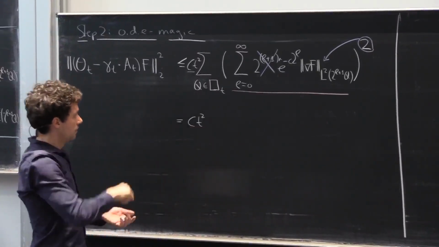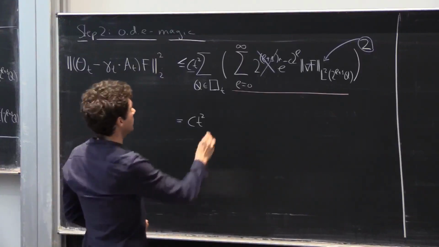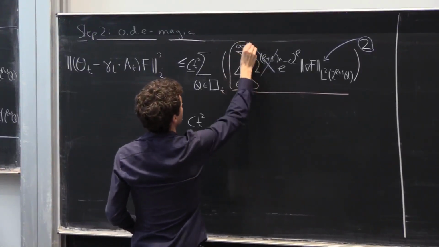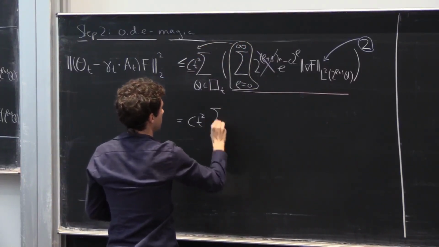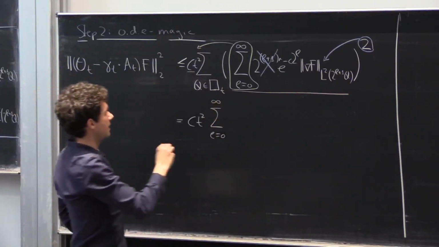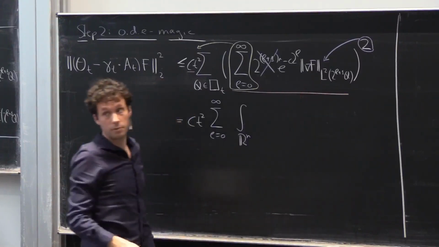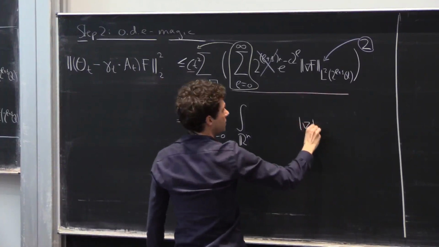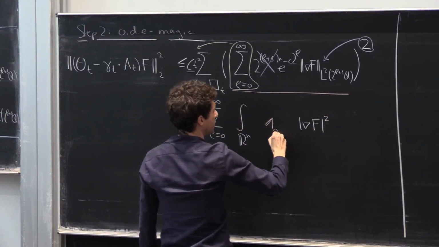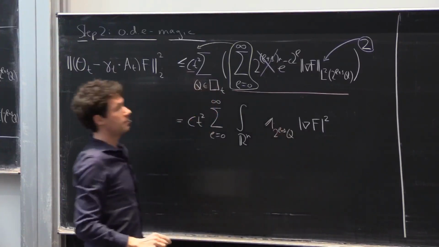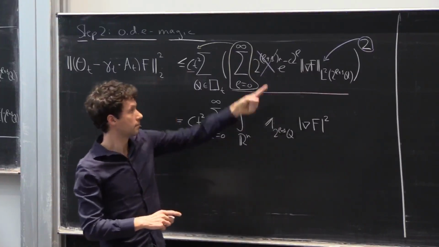Now I want to change the order of summation, right? So let me take green color, let me take this sum, I can throw it out. So I get the summation in L first, L from 0 to infinity, and then I get the summation in the cubes. I have these local L2 norms squared, so this is going to give me integrals of gradient f squared. I integrate on the enlarged cubes. Okay, so if I write it like this, this would be the expression for this norm squared. The square went inside.